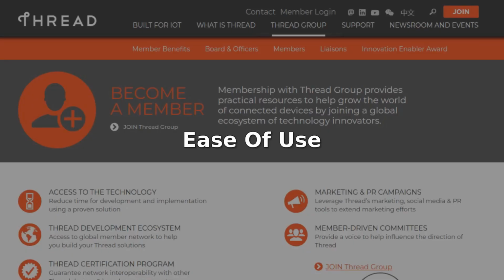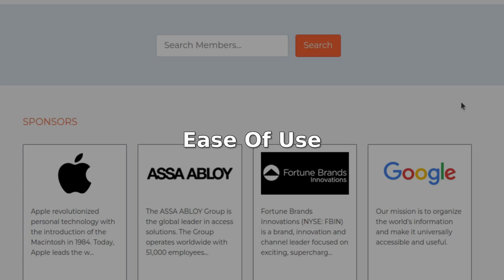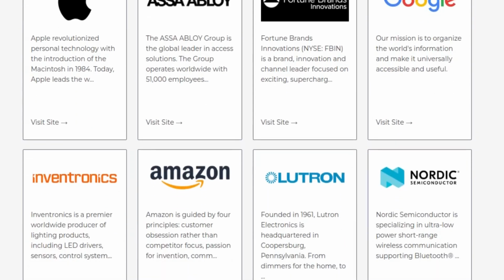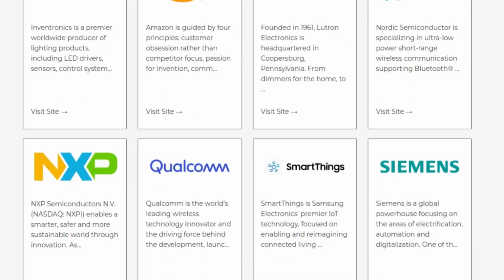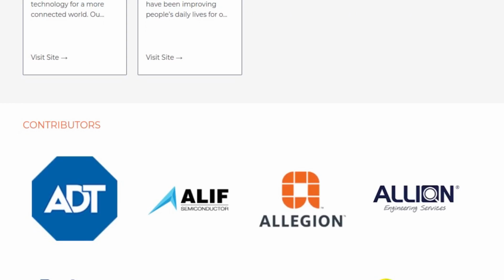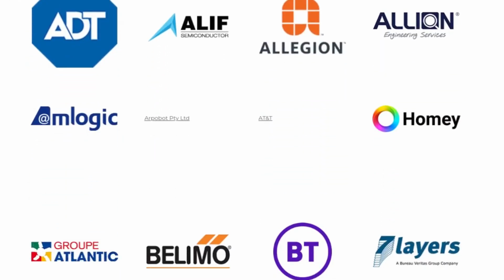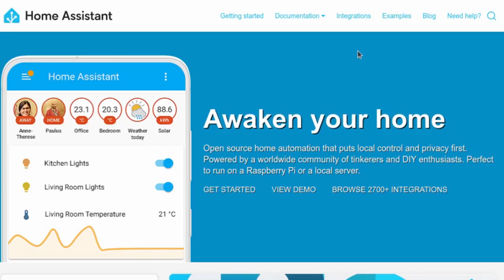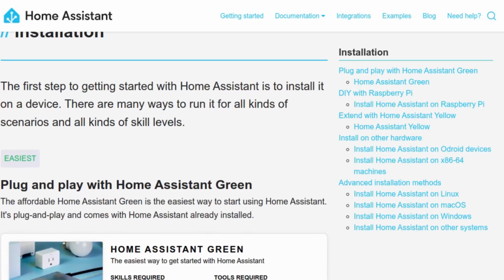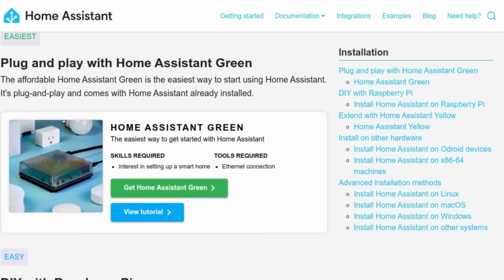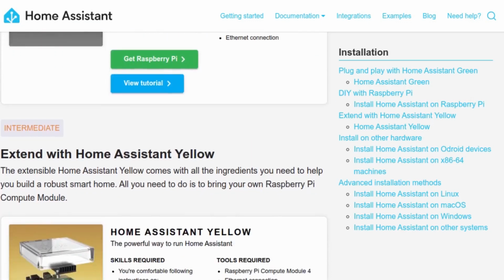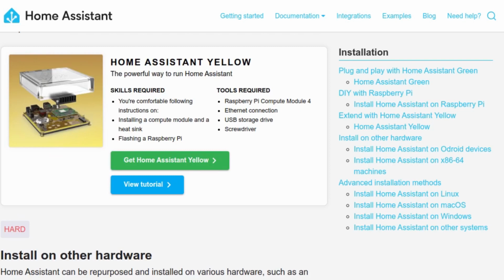For the average user, Thread might be easier to set up than Z-Wave. The sponsors behind Thread include top brands like Apple, Google, and Amazon, which are known to be highly consumer-oriented. If you do not want to spend some time on setting up a customized hub with Home Assistant or OpenHub, then probably Thread would be a better choice for you than Z-Wave. Arguably, Z-Wave is more geared towards people who are ready to trade some ease of use for a higher level